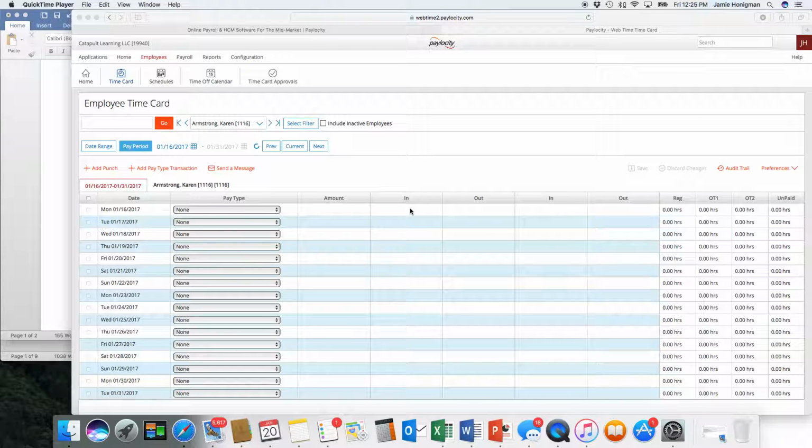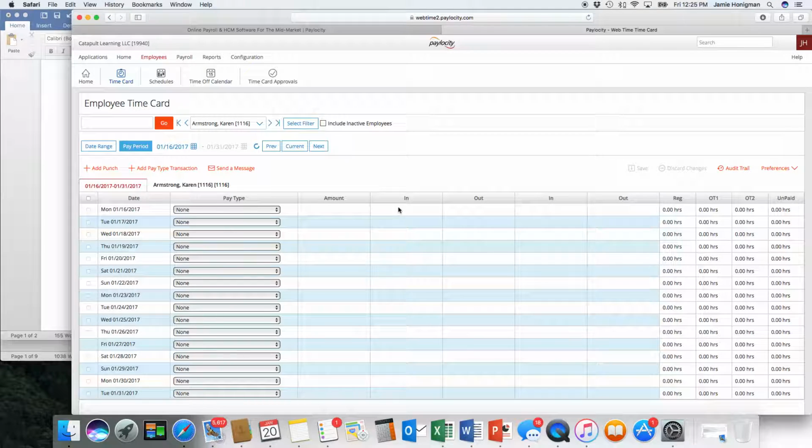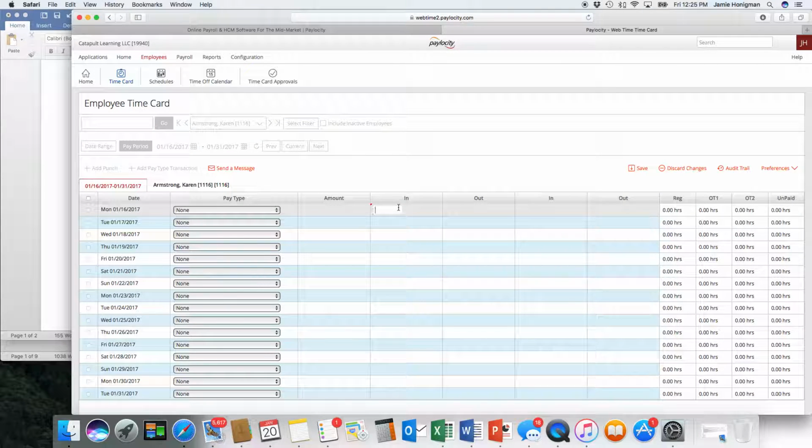Or you can use all three combined at different times. It's perfectly fine. First thing we want to do is notice that it looks very much like a regular timesheet, paper and pencil style. Hopefully it's pretty intuitive looking, and you want to learn first time punching in. You click right on that in box, you type 8A, it understands that means AM, and that's when you got in, and you left at